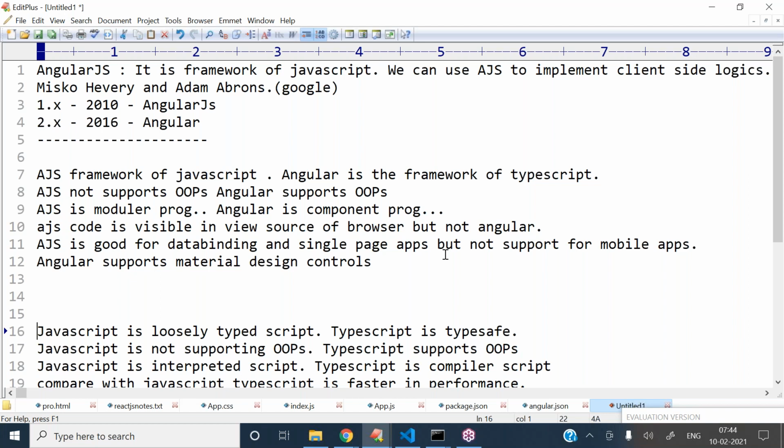But PHP, ASP, JSP are all server side technologies. To work with the server functionalities, we use these technologies. This is about client side and server side. Is it clear?